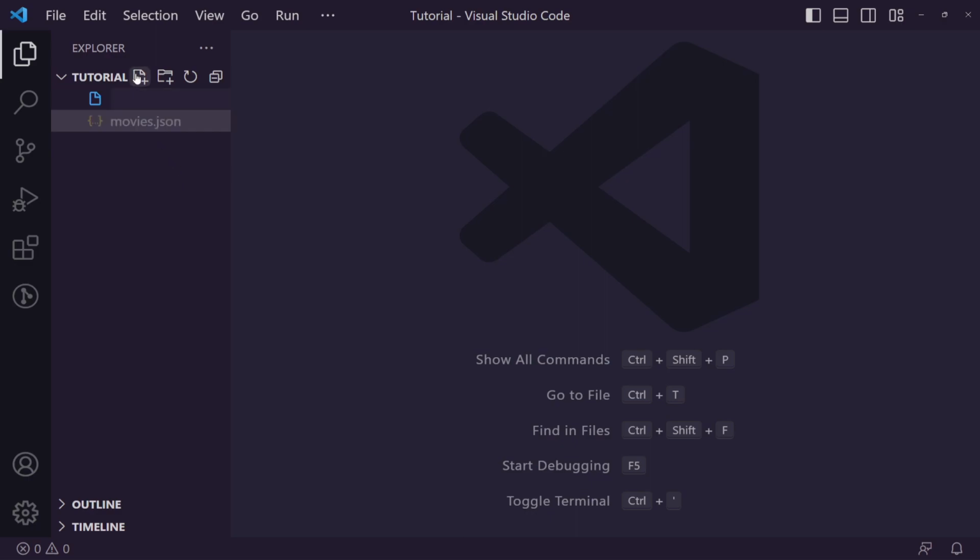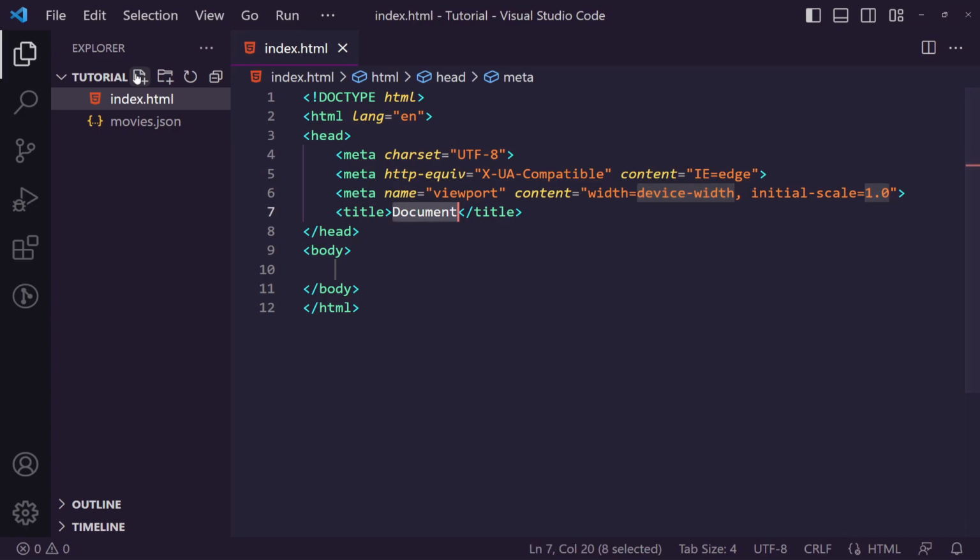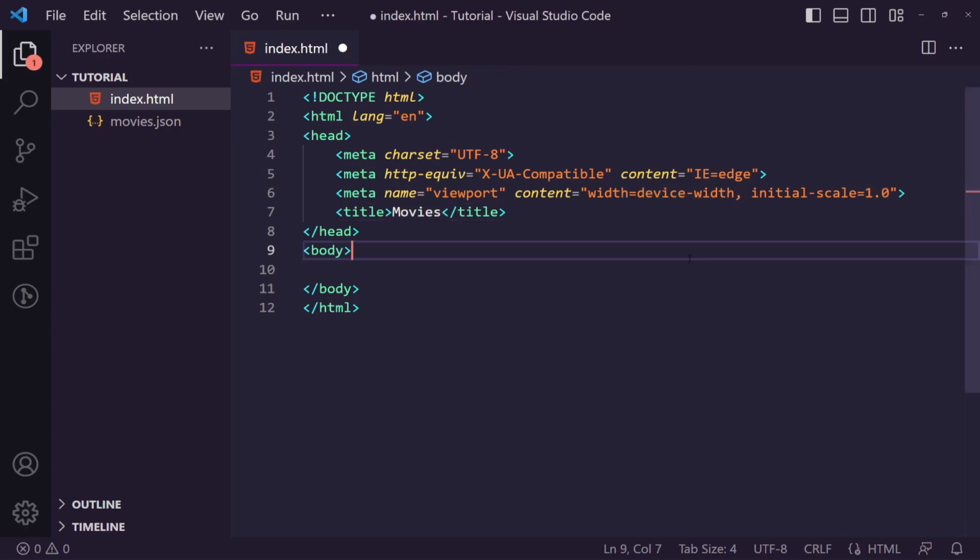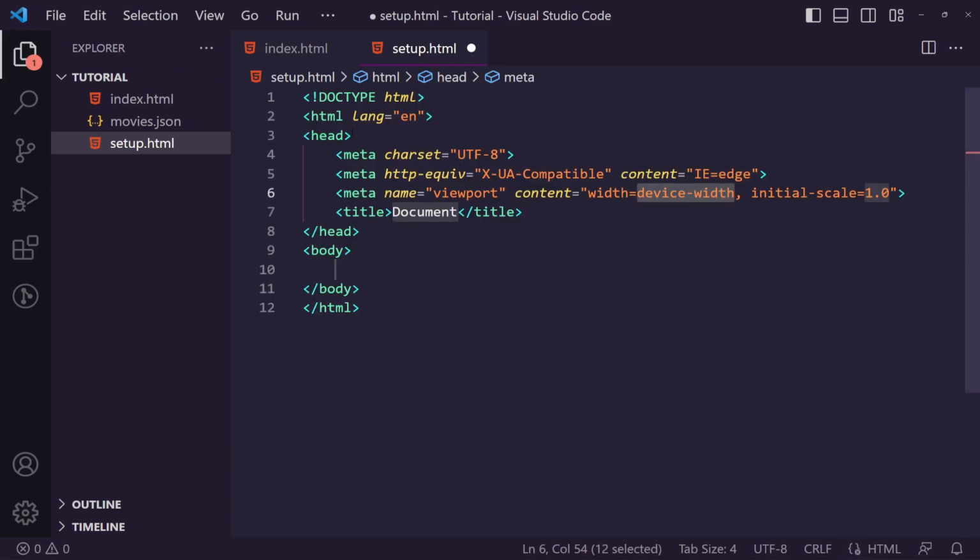Now the first thing we want to do is create a project. We'll create an index.html file, which is just going to be a basic, we'll call this movies, and it's just going to be a basic system here. We then want to actually create another file, and we're going to call this the setup.html file, and this is where we're going to actually import